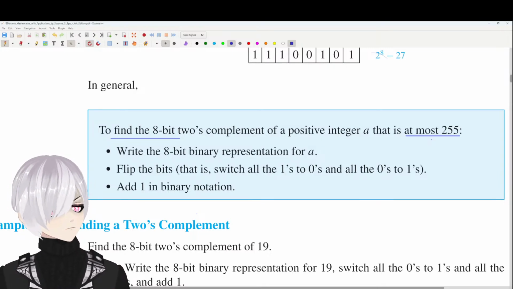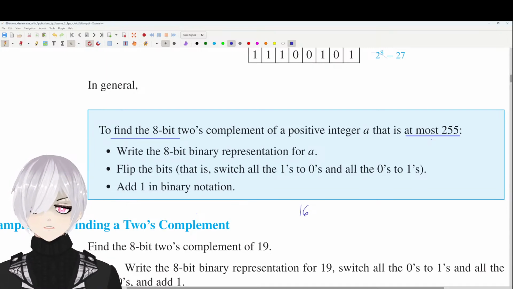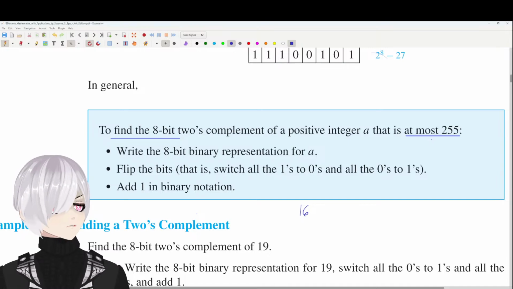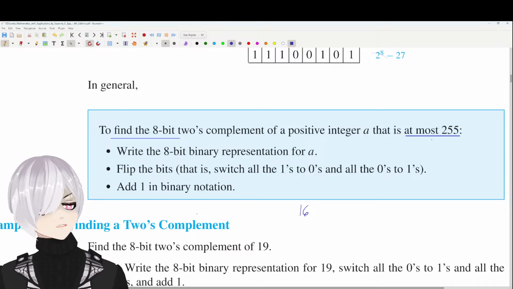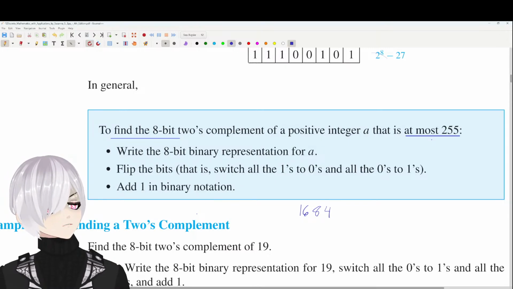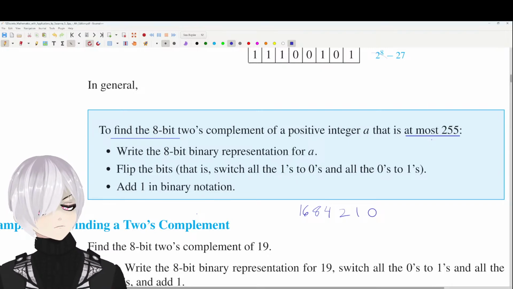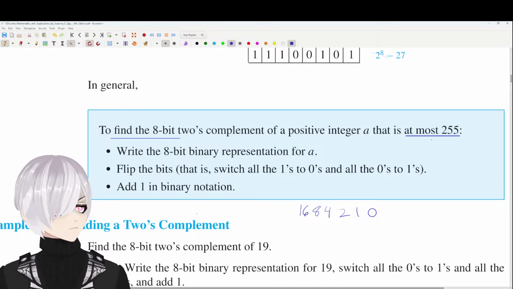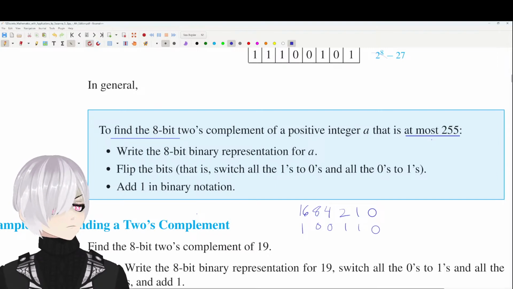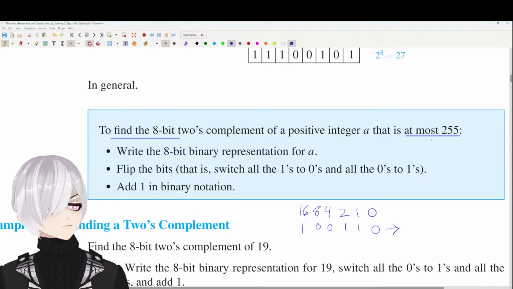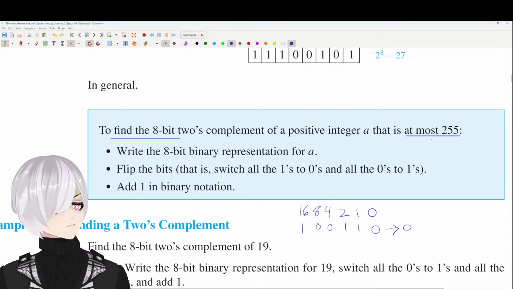So what do we have? We've got to find the biggest power of 2 that's less than or equal to 19. And then we have 3 left, so we'll have 16 plus 3, and then 3 would be 2 plus 1. So the one's complement would be